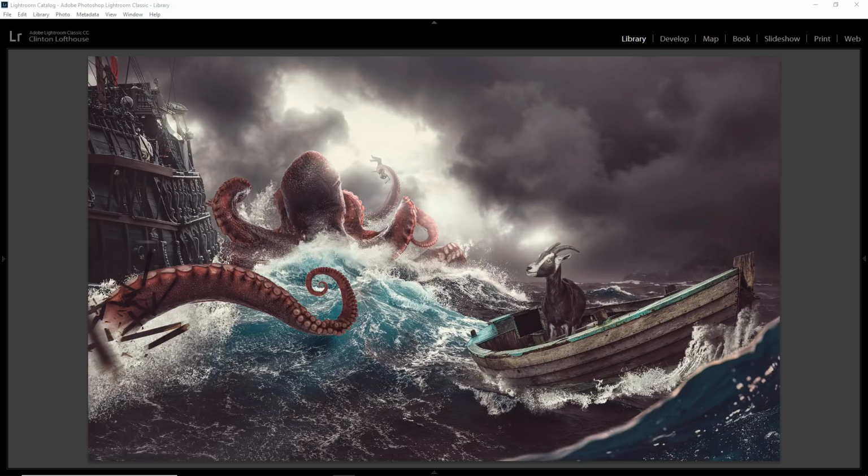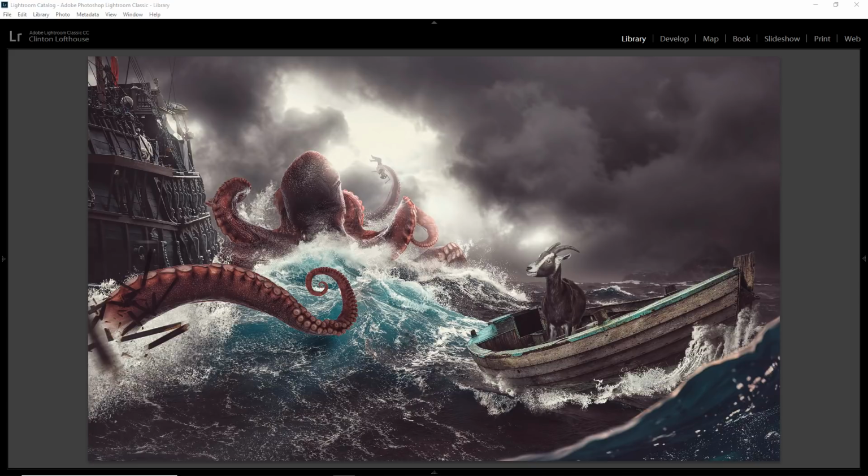So the guys at PRO EDU came to me and asked me to create an image, and the only description they gave me was goats in a boat on some kind of epic adventure. So the first thing, for some reason, that popped into my head when I heard that was pirates. I don't know why pirates and goats in boats are synonymous with adventure, but for some reason that's what popped